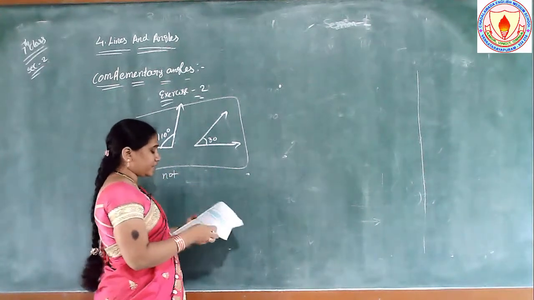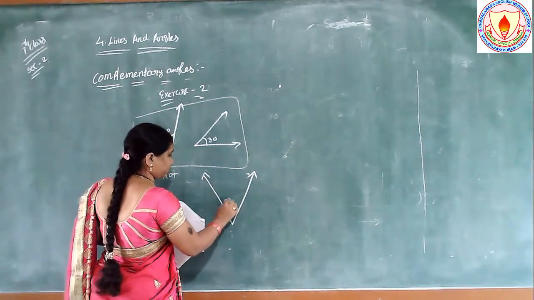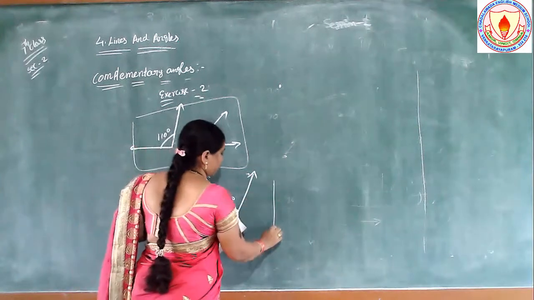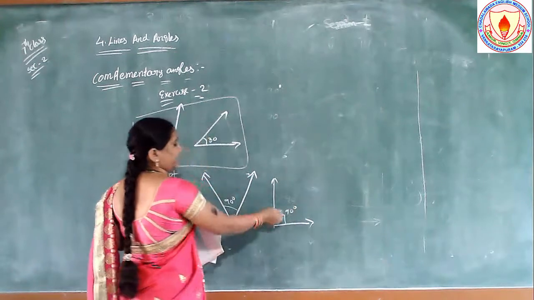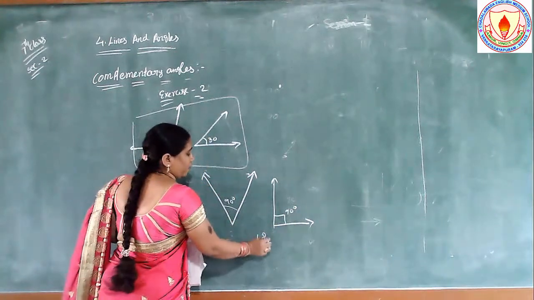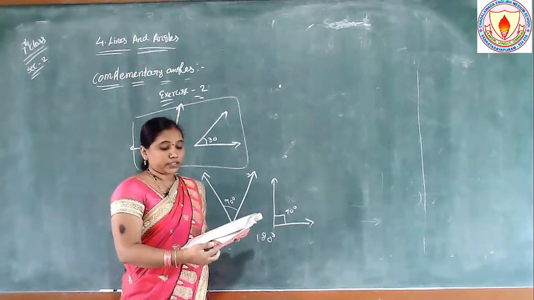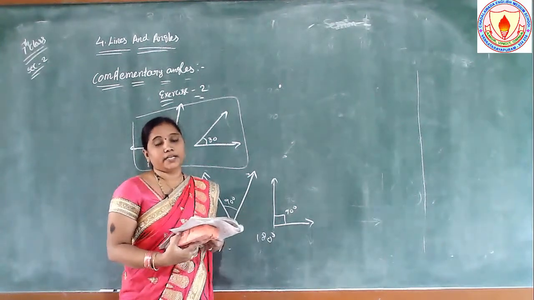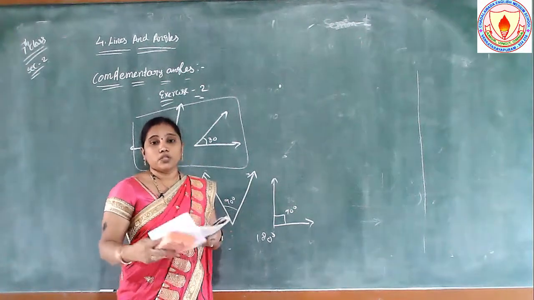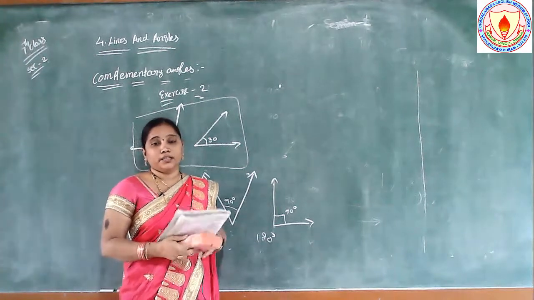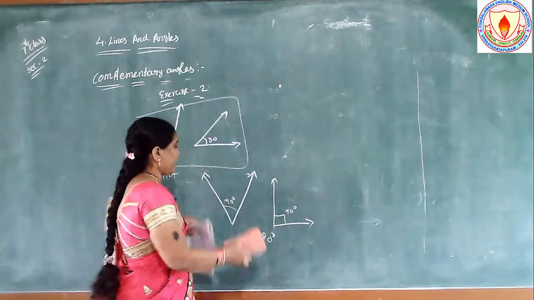And see the second example. This is 90. Sorry, I am only drawing a rough diagram here. And this is 90. 90 plus 90 is 180 degrees. So these two are not complementary angles. When we observe the third sum, 80 plus 10, the total is 90. So that is a complementary angle. So what do complementary angles mean? The sum of two angles is 90 degrees is called complementary angles.